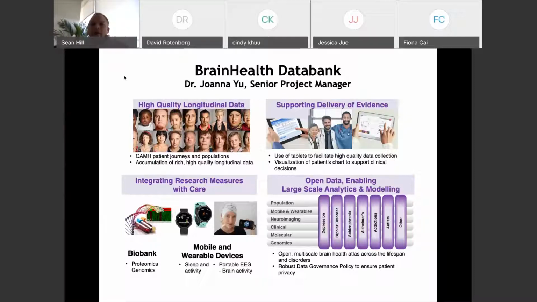So part of that is deploying tablets and tools to the clinic to get the engagement and the buy-in in the collection of the data, and making it valuable to day-to-day clinical operations to have that data visualized as a decision support tool. And then we're also building the infrastructure to layer in research studies integrated with the care pathways